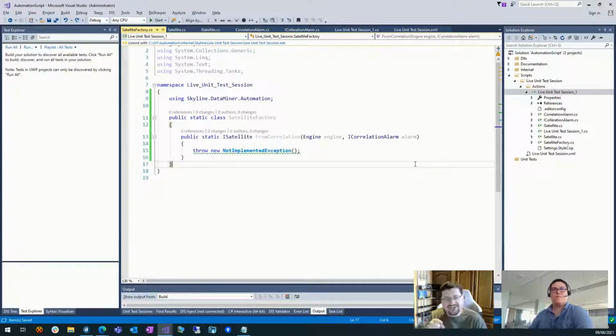Because if you do an engine.getDMS, that's actually an extension method that we created on engine, and you cannot really fake an extension method. It's a big problem with unit testing. If people use a lot of extension methods, you're not able to fake them. But we have a little hack / trick.